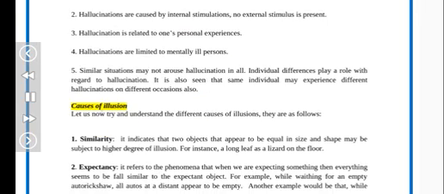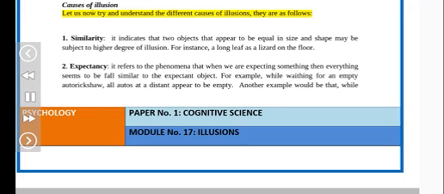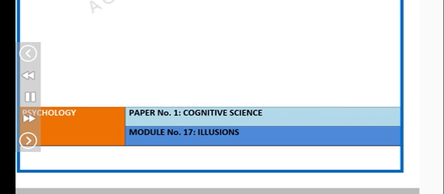Causes of illusion. Let us now try and understand the different causes of illusions. They are as follows. 1. Similarity. It indicates that two objects that appear to be equal in size and shape may be subject to a higher degree of illusion. For instance, a long leaf is mistaken for a lizard on the floor. 2. Expectancy. It refers to the phenomenon that when we are expecting something, everything seems similar to the expected object. For example, while waiting for an empty auto rickshaw, all autos at a distance appear to be empty. Another example would be that, while